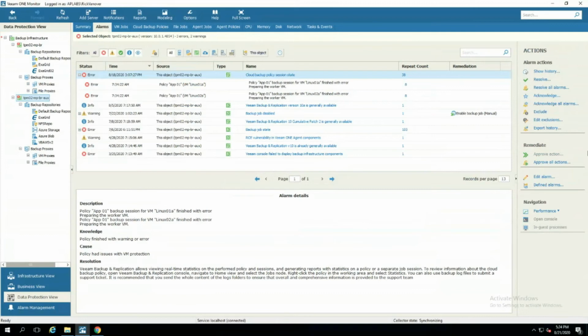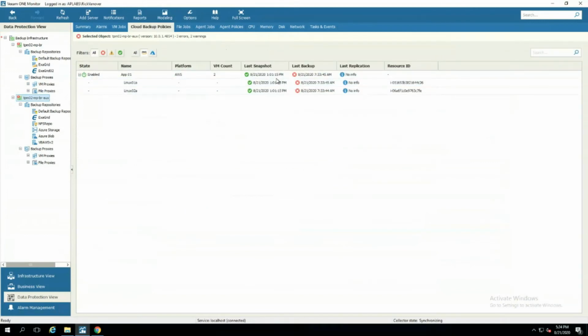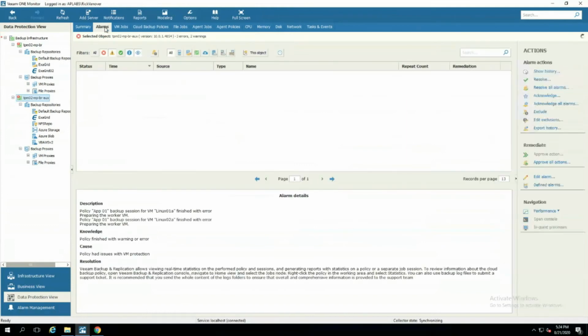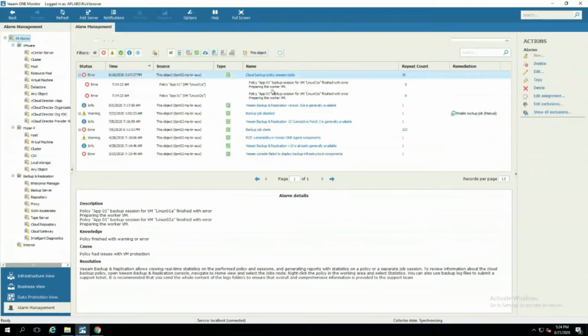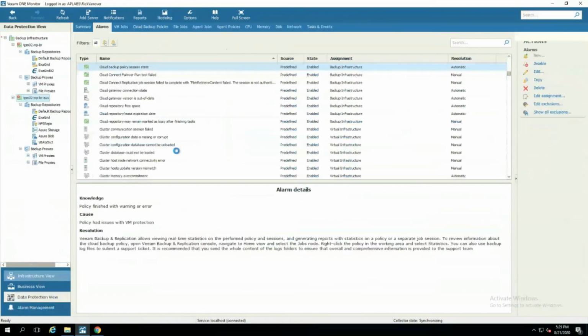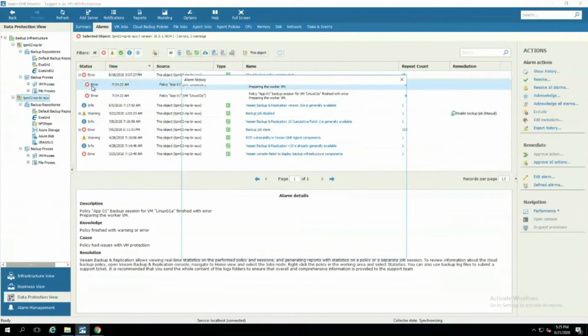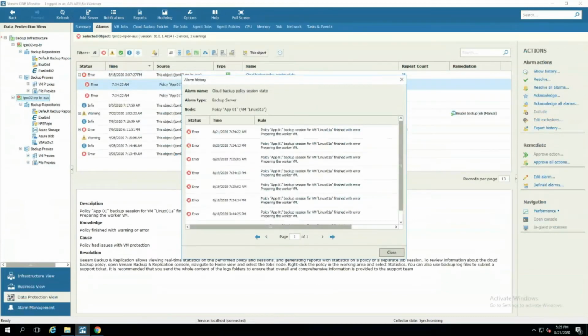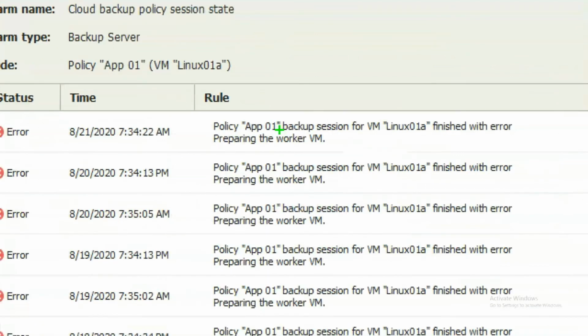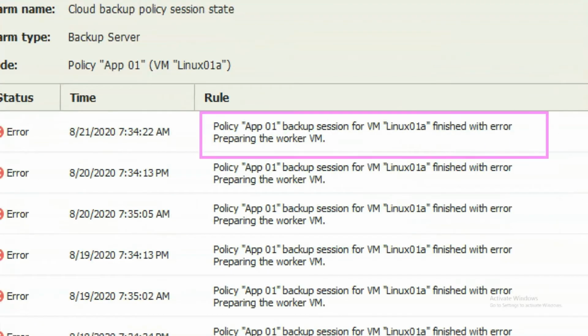So Kirsten, correct me if I'm wrong, what we saw was that in our cloud backup policies, the snapshots were working, but our backup jobs were not ending. We're ending with errors. Yeah, so let's figure out what exactly is going on. So what can we interpret from this? Looks like preparing the worker was our problem. Yes. So that sounds like how we deploy Veeam Backup for AWS may have something not operating as expected,